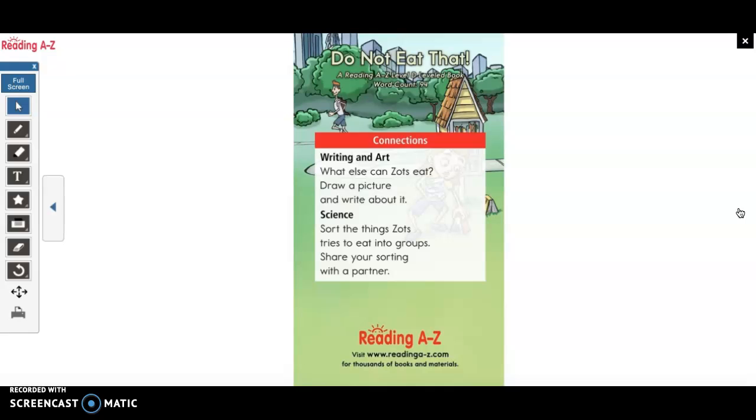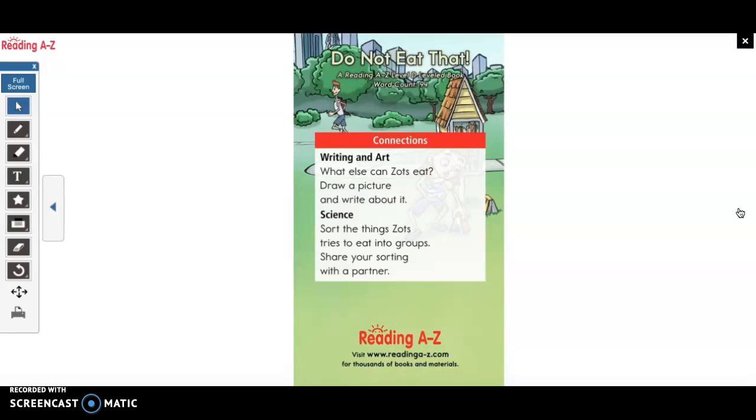You can use this time to show your parent, your mom, dad, grandma, whoever is helping you out. Take this time and show them that you draw lines for your words so you know how many words you're going to have in your sentence. And you start with a capital letter, you use finger spaces, and you use your correct punctuation. A period, exclamation point, or a question mark.